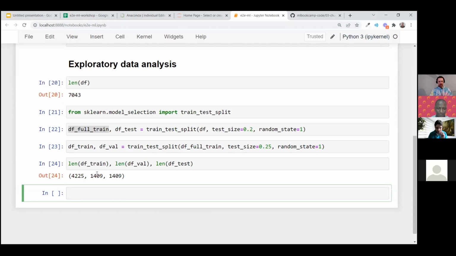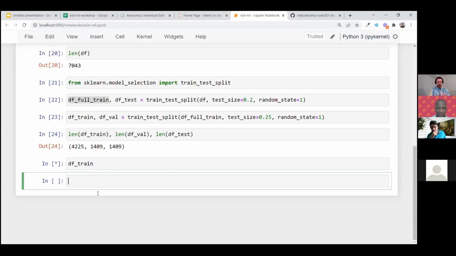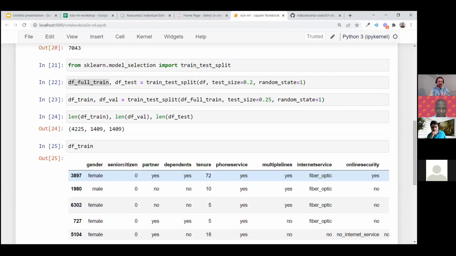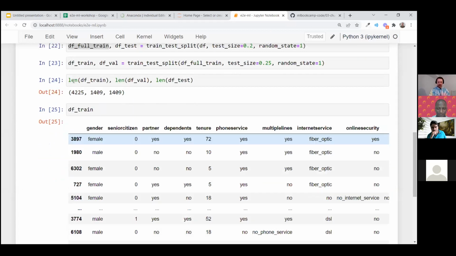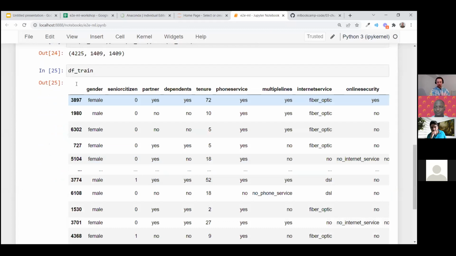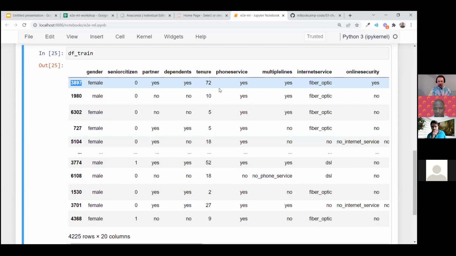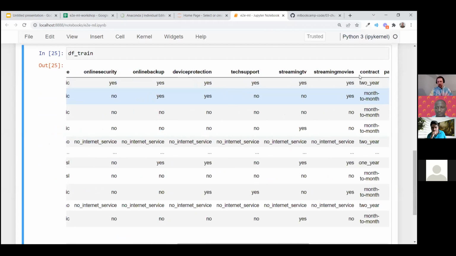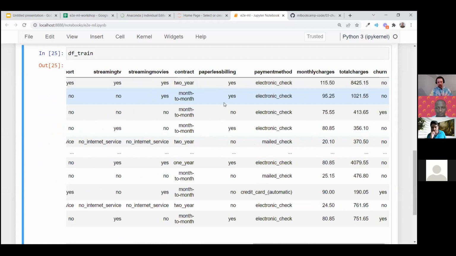Yeah, we see that this way validation and test have the same length, the same number of rows, and then this is the 60% part that we'll use for training. And this is how it looks. It's also shuffled. You see, this is the index in the original data set, the row number. And this is all the information we have about this customer. And then this is our churn variable. This is what we want to predict at the end.